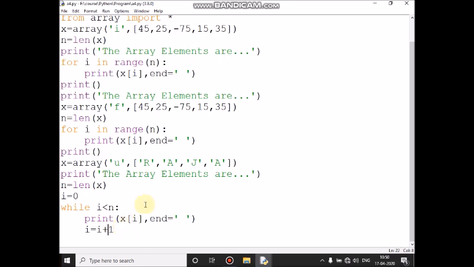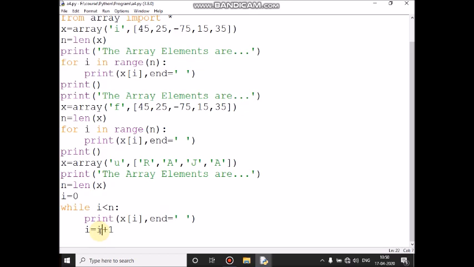There is no other statement, control comes here, and 1 less than 4, the condition is true, x of first location A will print, after A it will give one blank space, then control comes here, current i value is 1 plus 1, 2, then control comes here, 2 less than 4, the condition is true, then control comes inside the loop, x of second location value J prints, after J it will give one blank space, then control comes here and increments the i value.